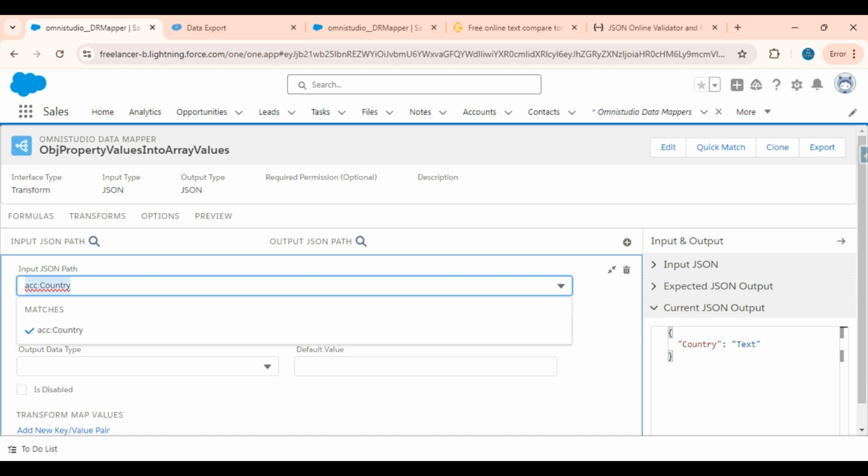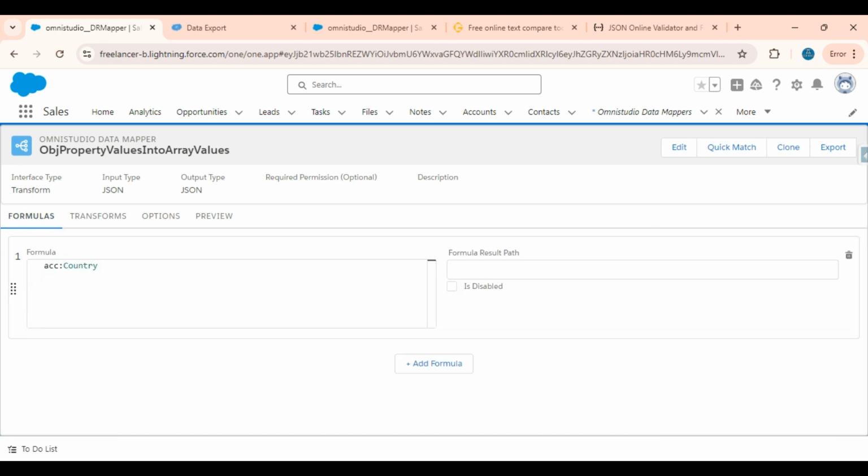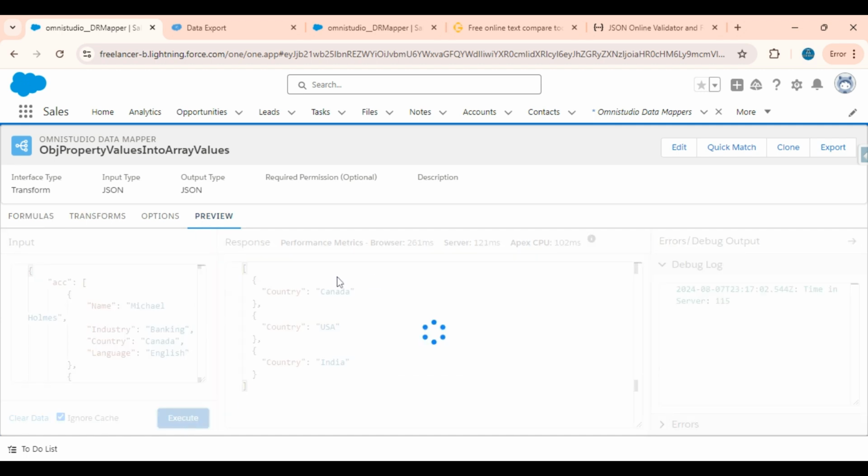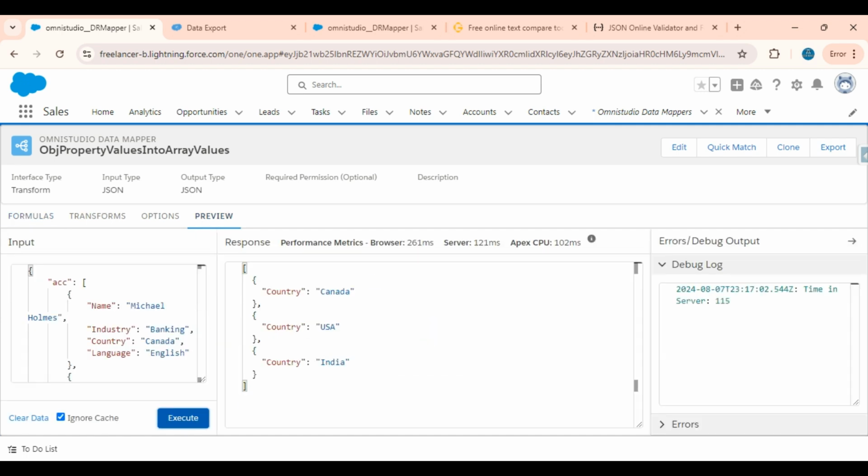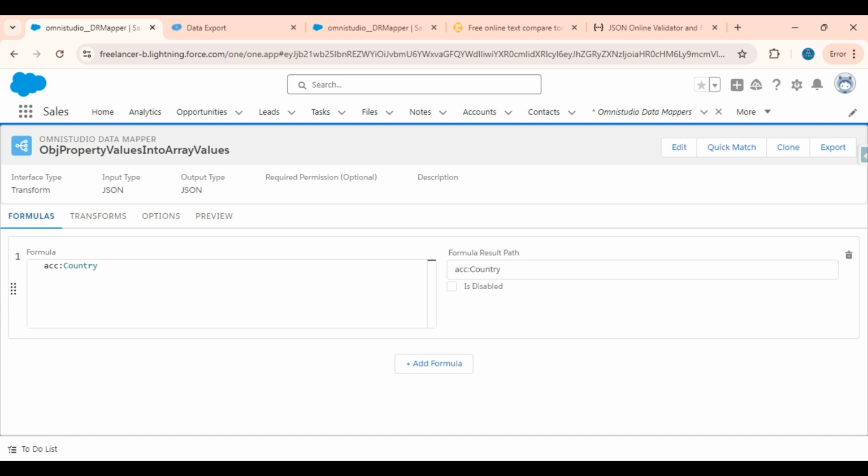I will copy the input JSON part and I will paste it here. If you write the same path here, it is going to work like that only. Here, how we got the result, right? But I want all these values to be in an array format. So what you need to do is just write a path name as country, so